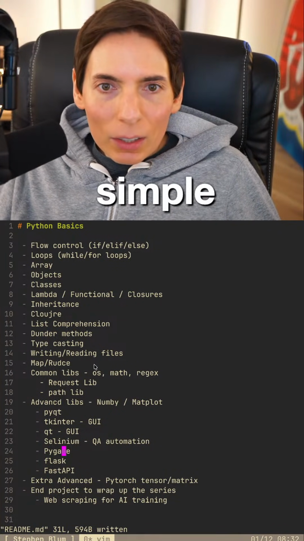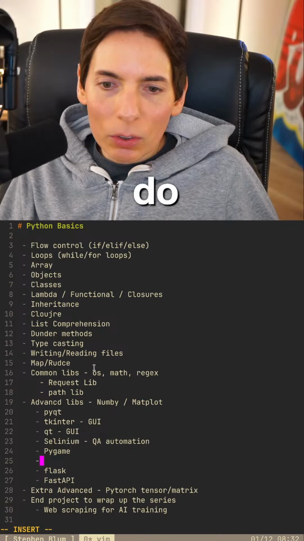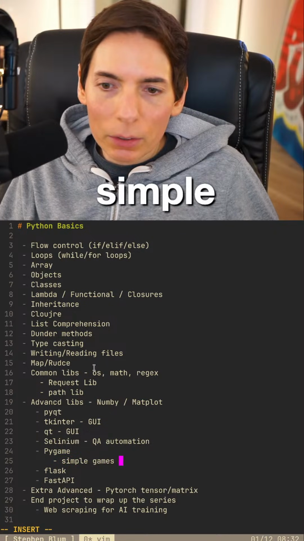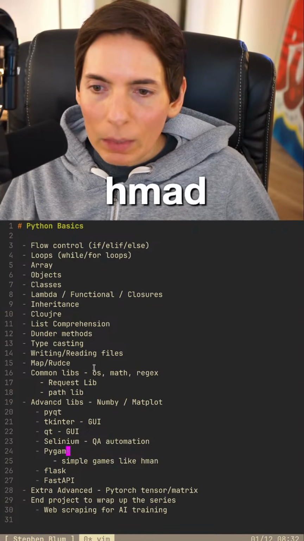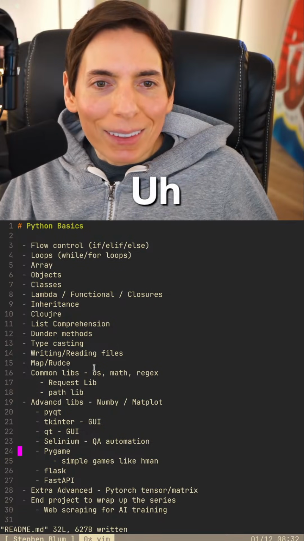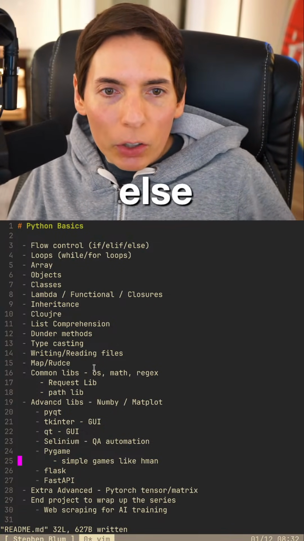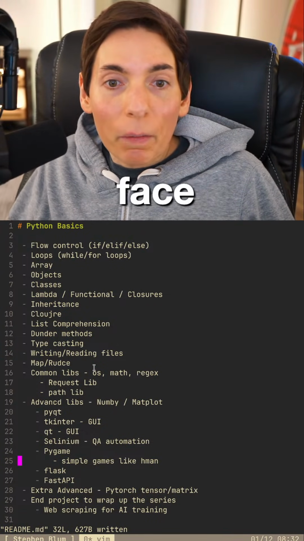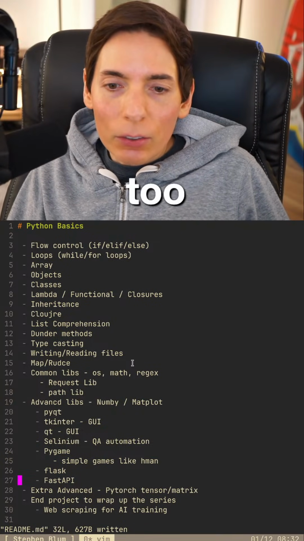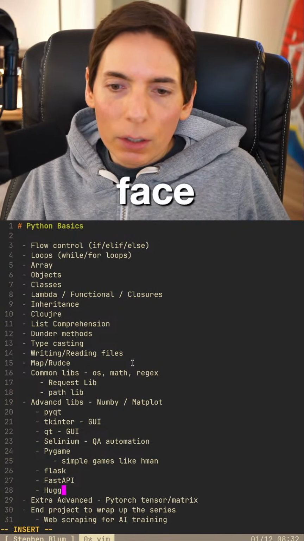Add some simple games like Hangman. Yeah, we could do, right? We could do simple games like Hangman. You could do that. That makes sense. I like that one, you guys. What else we got? Some Hugging Face based inference. Oh yeah, we could do that too. That's a good one. All right, so Hugging Face,